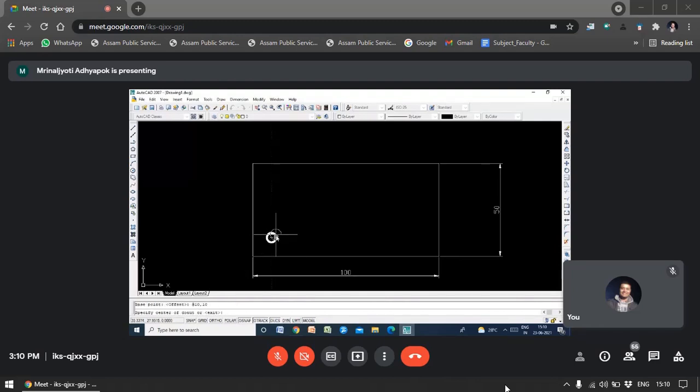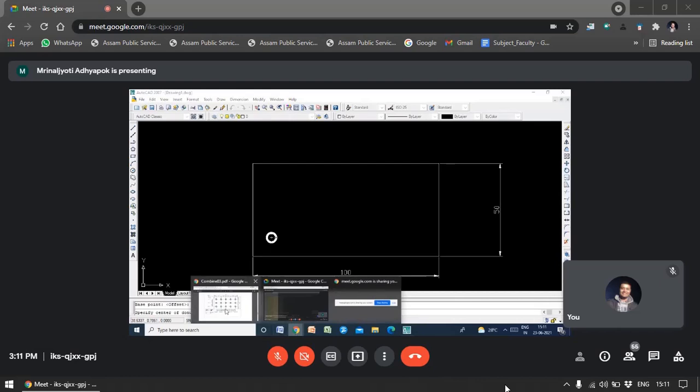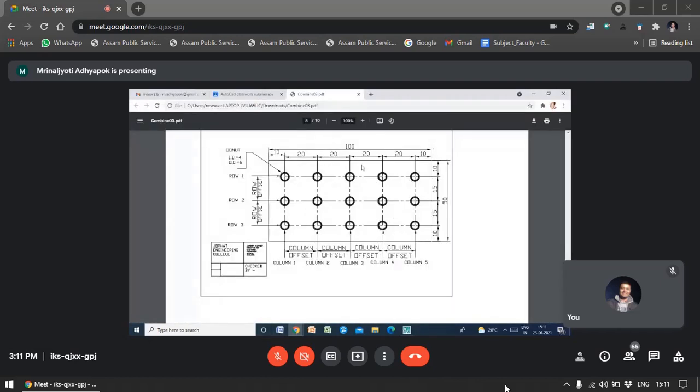So now you can see here your first donut has been prepared in this drawing. Okay, so now in this drawing, all are nothing but donuts. So which command can you use? You can use the copy command, or here you can use another command called ARRAY. So what is the use of this array command? The array command is another form of the copy command. We have already discussed the copy command. So what is the use of the copy command?